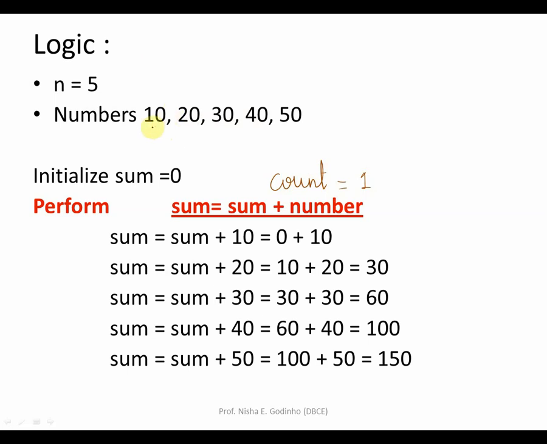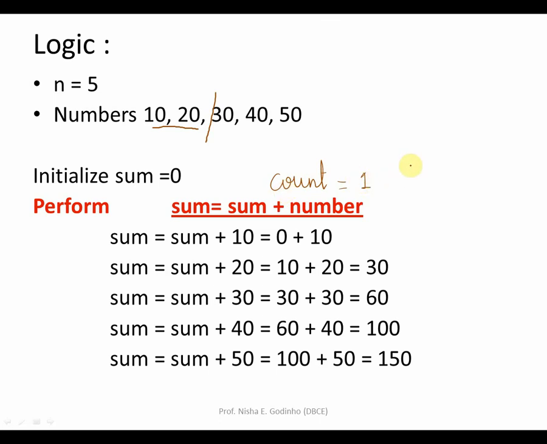Like, say for example, you have added the first 2 numbers and you have not added the remaining 3 numbers. There should be a variable, or a counter, to tell that we have reached that particular position of adding only 2 numbers and the remaining 3 are yet to be added. And for that purpose we make use of that variable. So this variable acts like a counter. You know what is a counter?